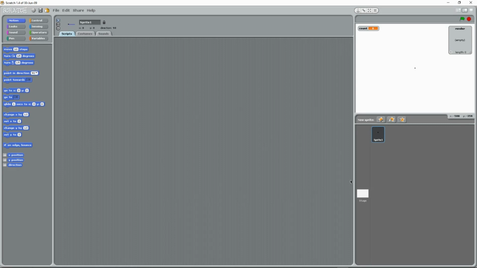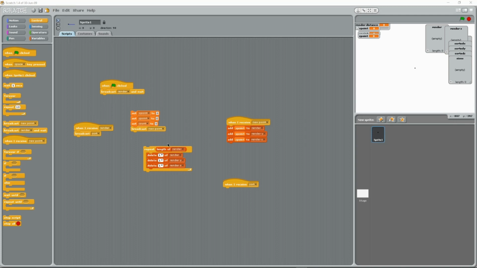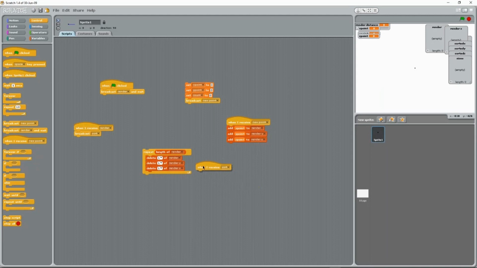Basically, I'm going to get some basic coding done, and I'll be back once that's done. Alright, so I got some of the basics done, such as something to delete, a little basic thing for me to add points or vertices, and I'm also about to do a time lapse of making a sort function for the rendering. Basically, the way I'm going to make this work is I'm going to render each Y individually, because it'll be easier to calculate. So anyways,